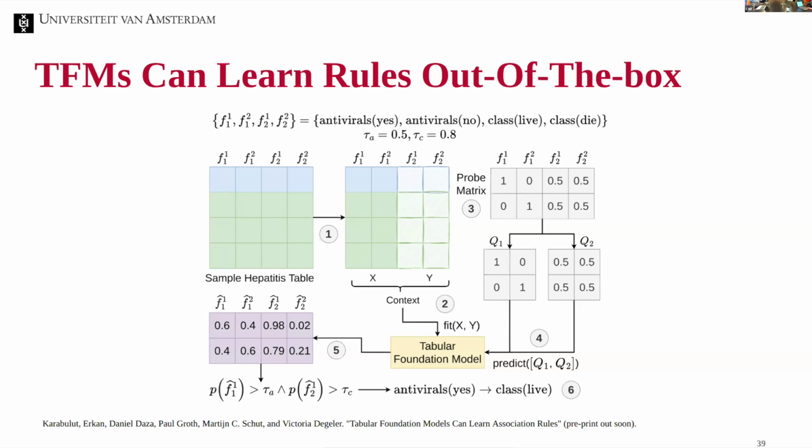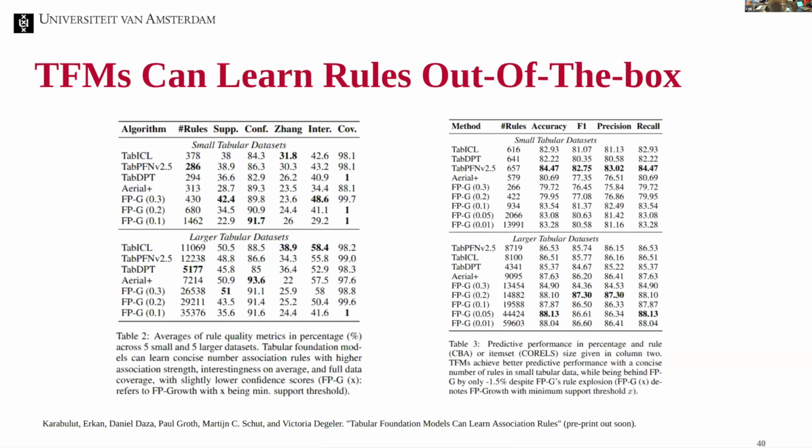So this shows that you can learn association rules with tabular foundation models out of the box. In the case of small tabular data, tabular foundation models yield better results in terms of rule quality and also in terms of predictive power. On larger datasets, their benefit decreases slightly, but they are still better. But if you have a larger table, since the current family of tabular foundation models can only do per-feature predictions, it could be better to use ARM-AE, our initial autoencoder approach, on larger tables.